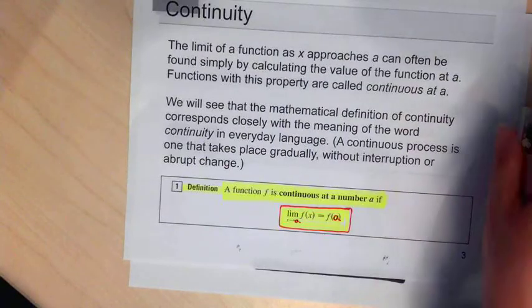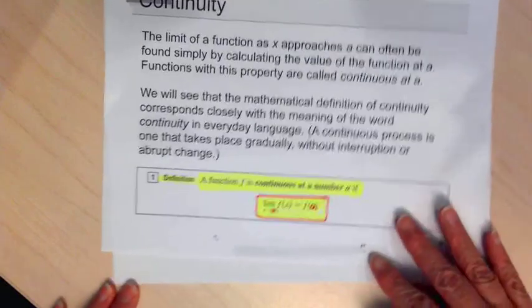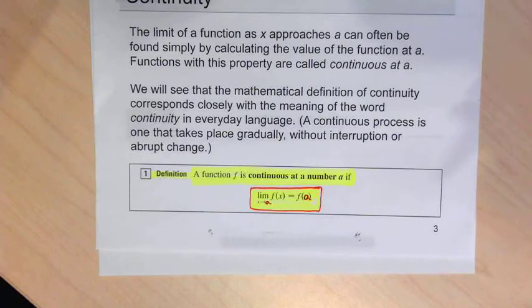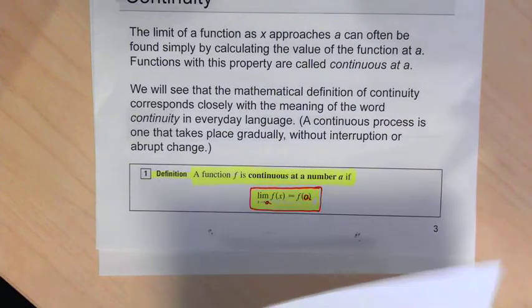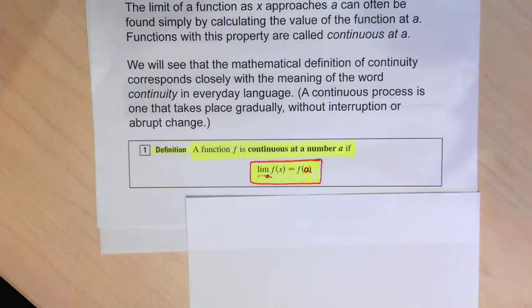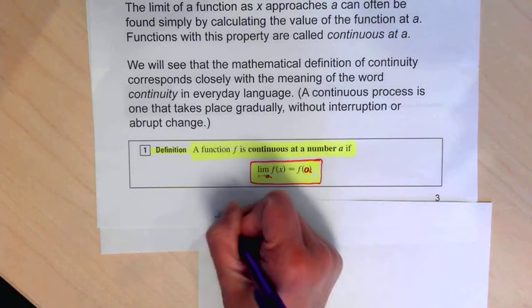A function is considered continuous at a number a if the limit of the function as x approaches a is equal to f of a. So here's an example that if we wanted to make a statement that shows that a function is continuous at a, we could say that the limit